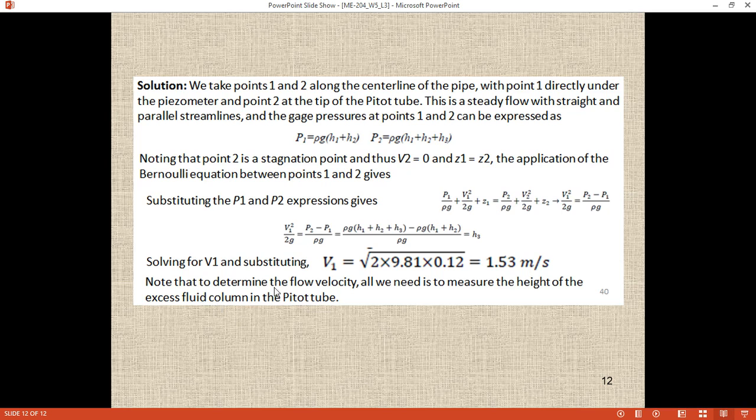Note that to determine the flow velocity, all we need is to measure the height of the excess fluid column in the pitot tube. That's all for the